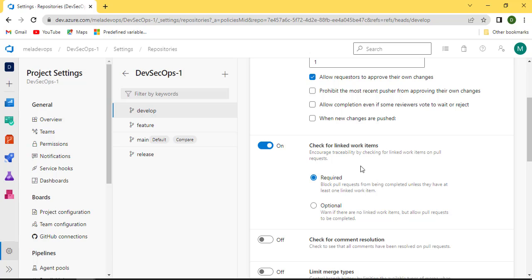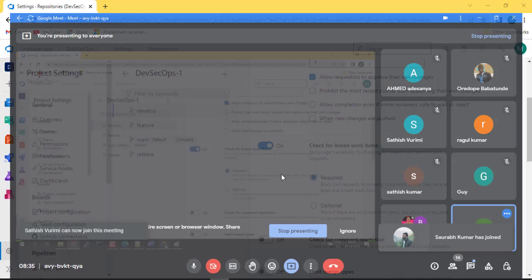Okay, so what is the benefit of linking? The benefit is, if you go and open that user story, for now a user story is nothing but a ticket, guys, which is assigned to the developers for doing development activities, and those tickets are used for tracking purposes. Just keep that in mind for now. When I cover work items in detail, at that time I'll give you more clarity on what exactly a user story is all about. Okay, so if there is a user story created, then everything should be linked